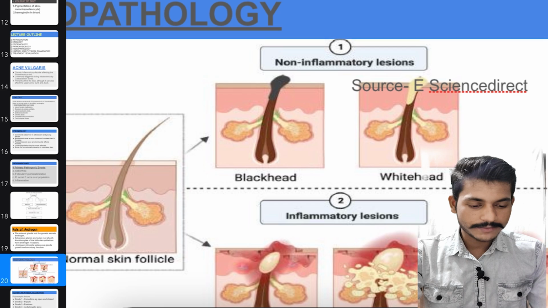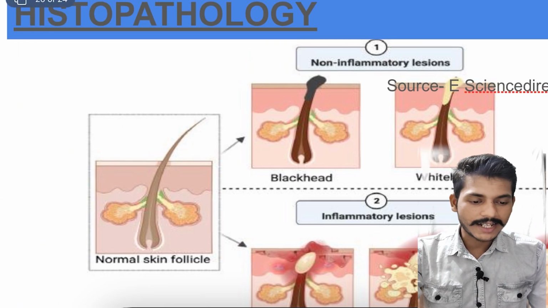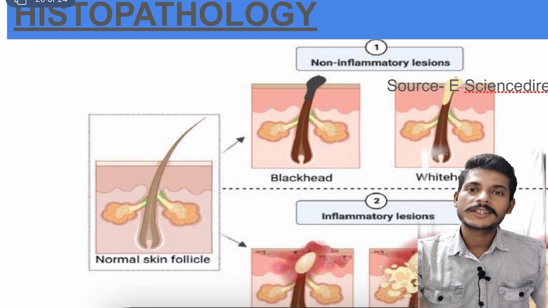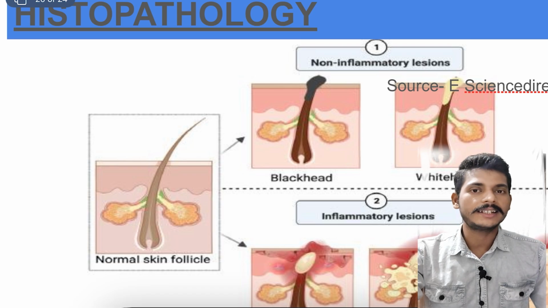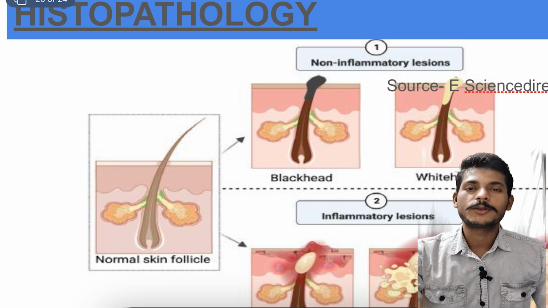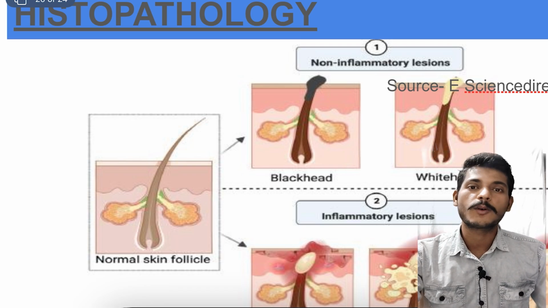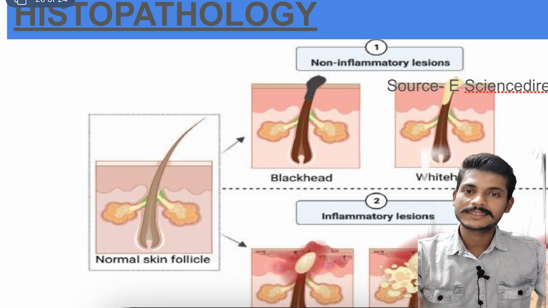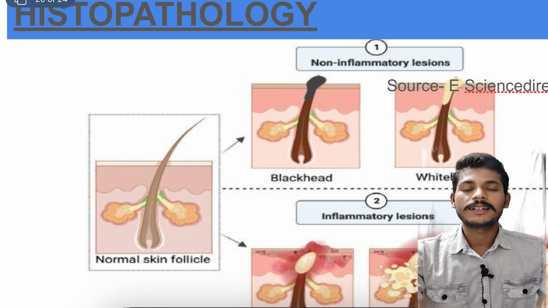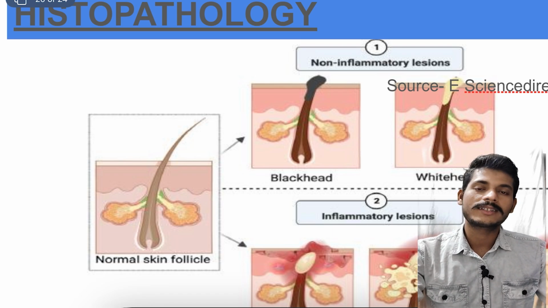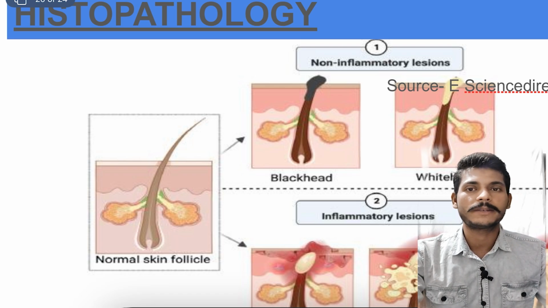Now see the diagrams. These are the certain types. So basically we are discussing the histopathology, and remember that acne does not always lead to an inflammatory condition. Sometimes it is so silent that we can't clinically judge whether it is actually acne vulgaris or just pimples. But if you study it at a micro level, you will find that acne also consists of some non-inflammatory lesions,